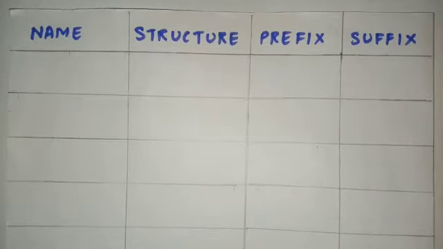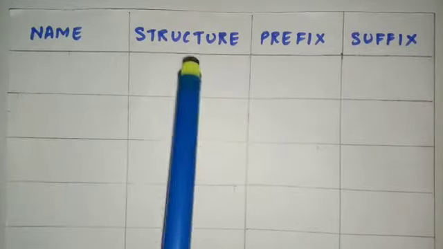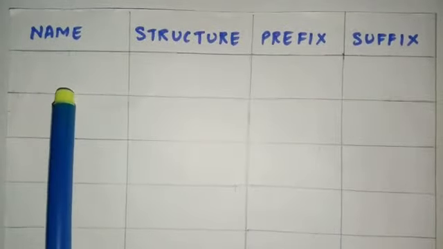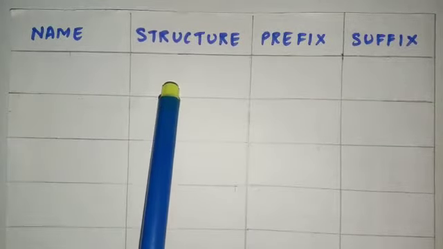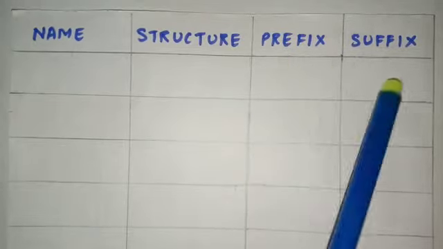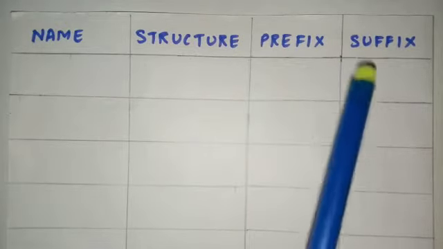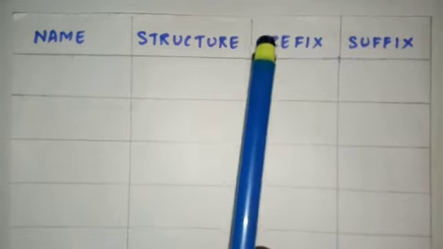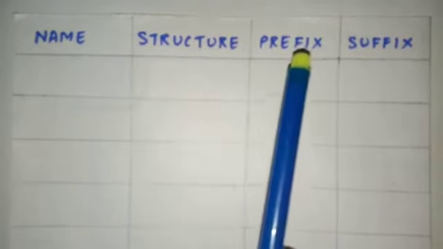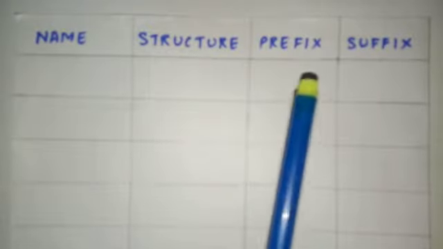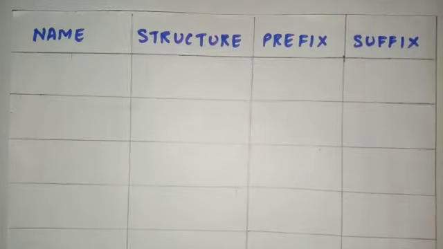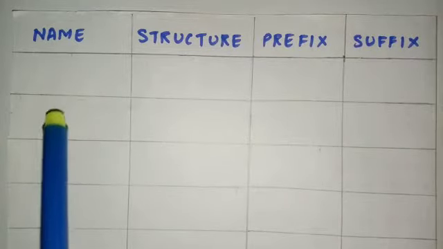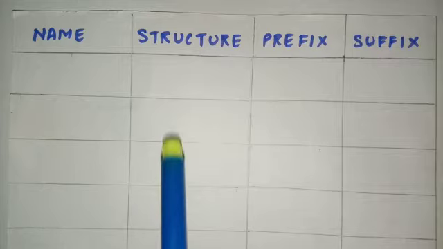So students, you all can construct a table which includes the name of the functional group, the structure of the functional group, and the prefix and suffix columns. Now these columns you all will understand once I explain the rules of nomenclature, the IUPAC rules of nomenclature, and there is one more type of naming system called the common naming system. So these two columns we will be seeing a little later. Right now we will concentrate on the different types of functional groups which are there and their structure.